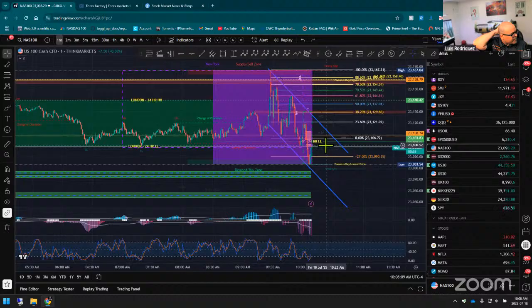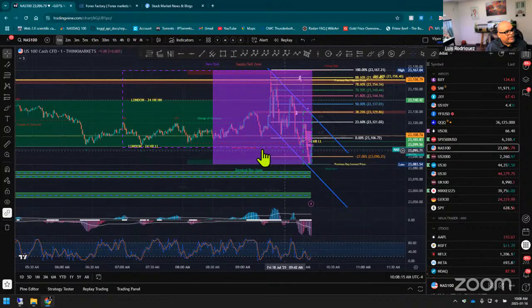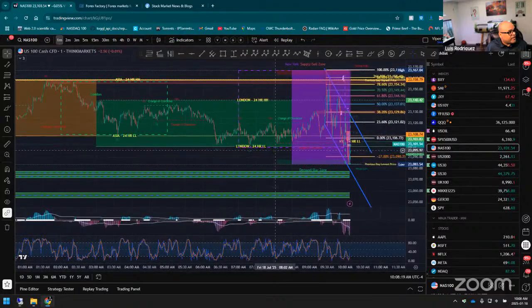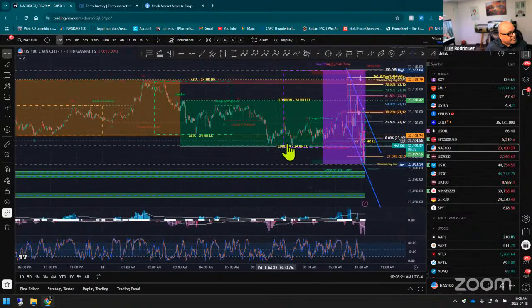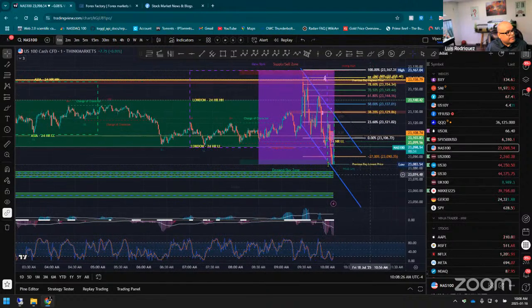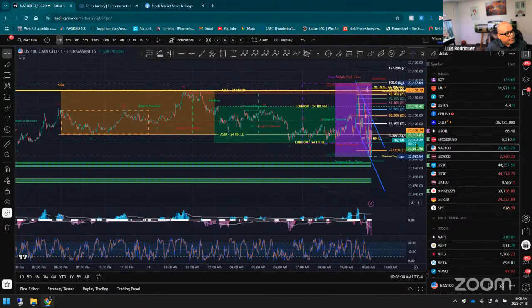Most people will say, okay, well, we should be selling in a retracement, right? But you need to understand the context of the market. If you see that the market already came and grabbed all this liquidity, did the push that it was supposed to do, pushing the market back into areas, but it's telling you that it's going down, it means that the liquidity that was sitting there, the orders that were filled there, are already gone. And it's seeking more at other levels.